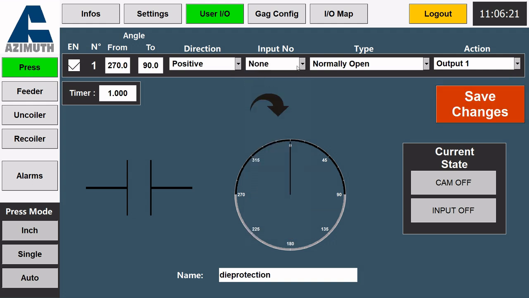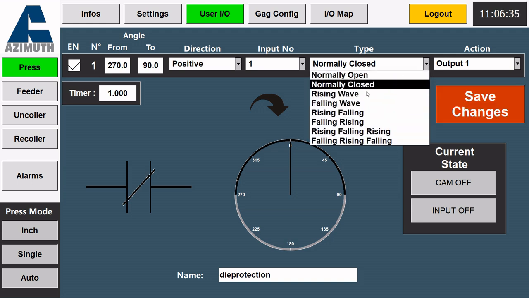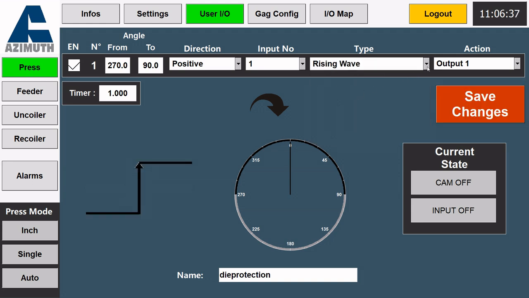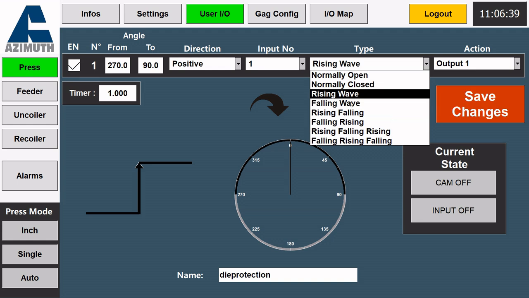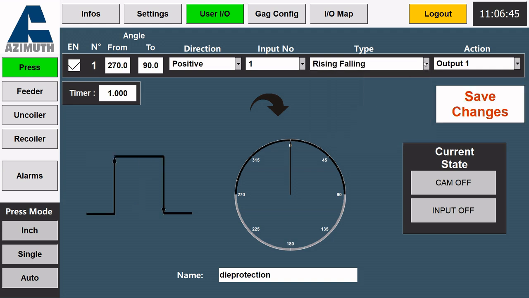If set to none, the input is ignored. If a specific line is selected, it must meet one of these types: normally open, true while the PLC input is active; normally closed, true while the PLC input is inactive; rising wave, true when the PLC signal changes from false to true; falling wave, true when the PLC signal changes from true to false;